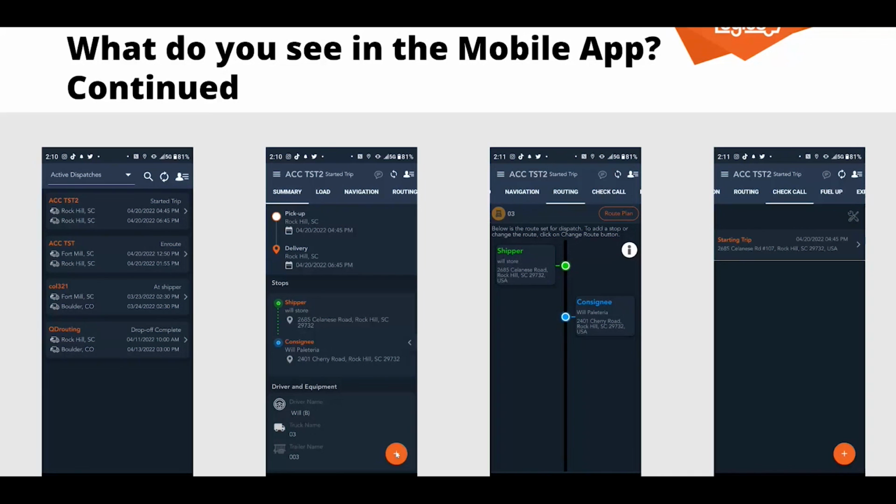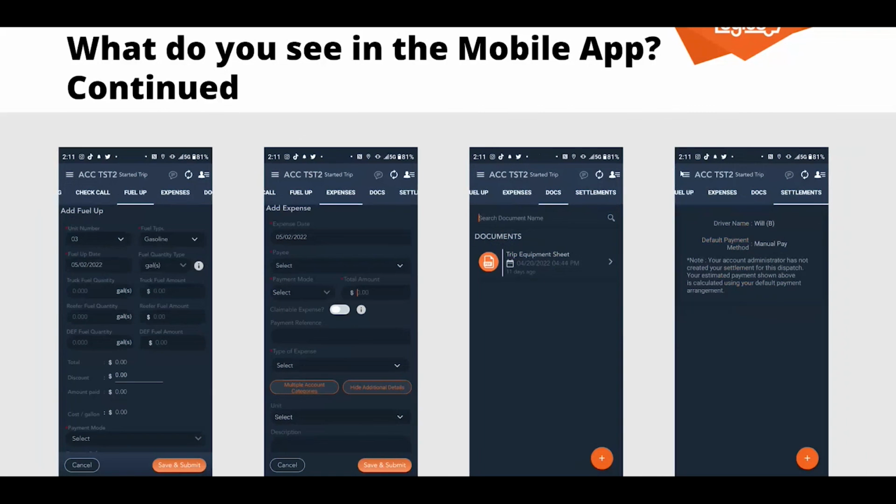Anytime they need to add anything, they just have to tap on this orange button and they'll get a little menu saying add document, add check call, add an expense. You've got the fuel ups, which is for the fuel expenses, where you can put in the gallons, the amount paid. The expense is going to look a little different, but it'll have the categories, who paid it, the amount paid, and